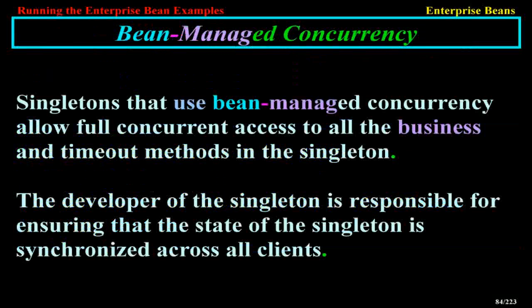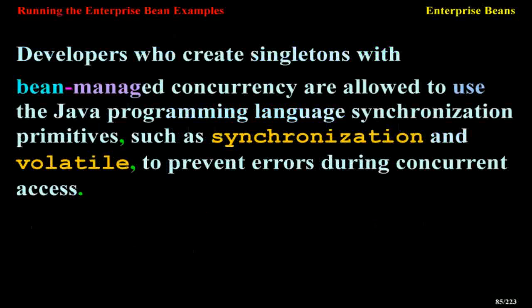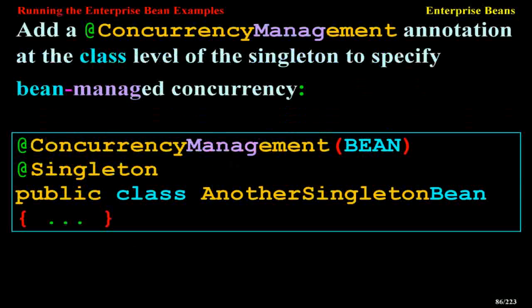Bean-managed concurrency. Singletons that use bean-managed concurrency allow full concurrent access to all the business and timeout methods in a singleton. The developer of the singleton is responsible for ensuring that the state of the singleton is synchronized across all clients. Developers who create singletons with bean-managed concurrency are allowed to use the Java programming language synchronization primitives, such as synchronization and volatile, to prevent errors during concurrent access. Add a ConcurrencyManagement annotation at the class level of the singleton to specify bean-managed concurrency. @ConcurrencyManagement(BEAN) @Singleton public class AnotherSingletonBean {